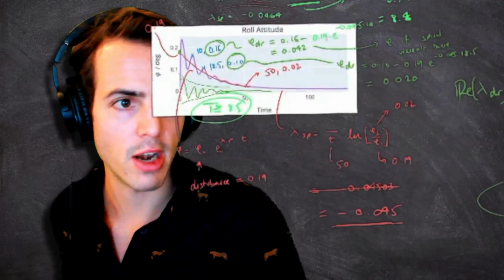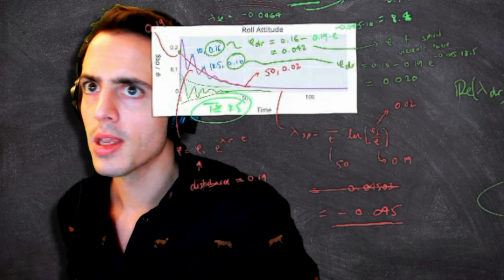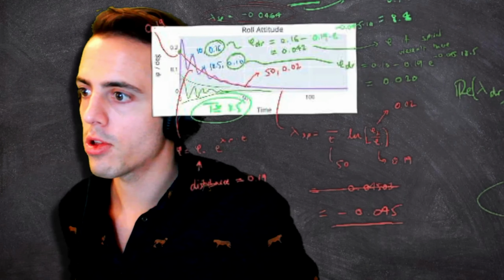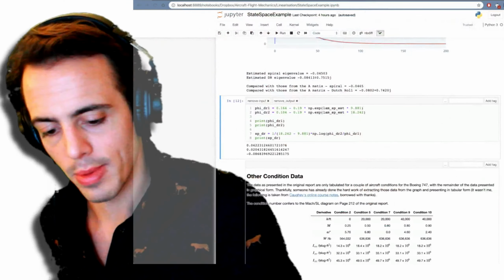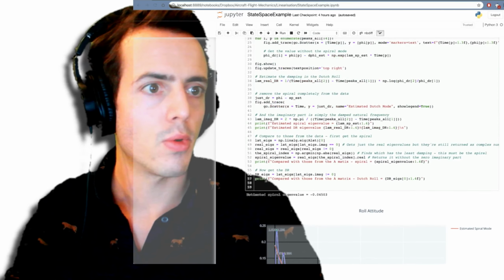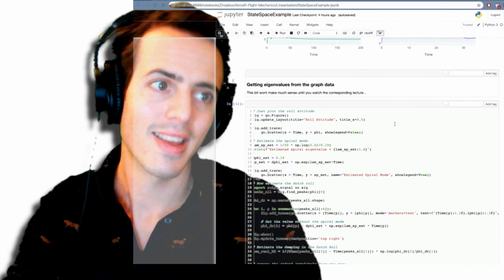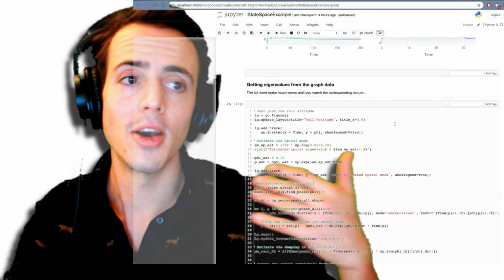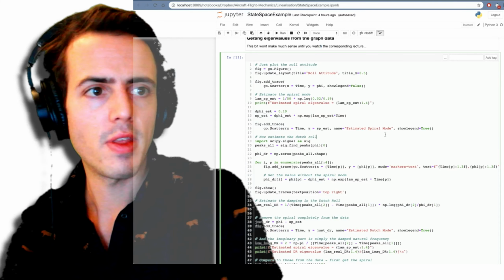So if you made a better intercept of those numbers, then you'd do a better job. And let me just show you where this is in the accompanying notes. I think this is updated, it will certainly be live by the time you read this. So what I've included here, getting eigenvalues from the graph data, this bit won't make much sense to you, watch the corresponding lecture. If we run this code,